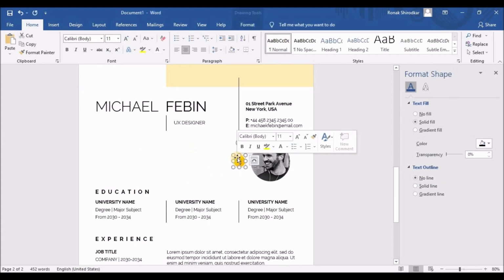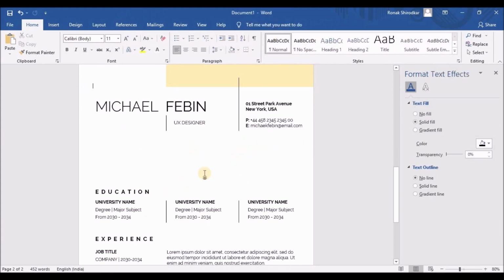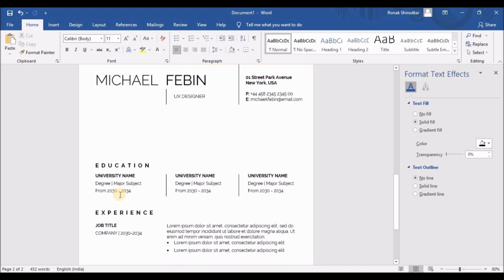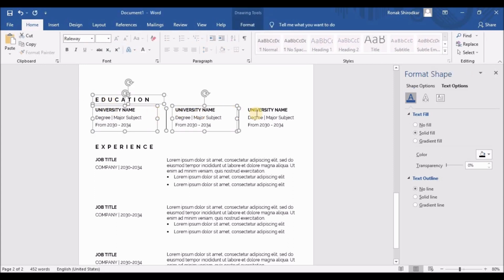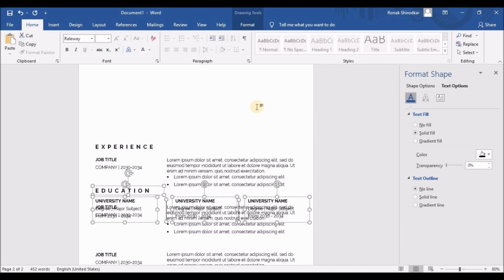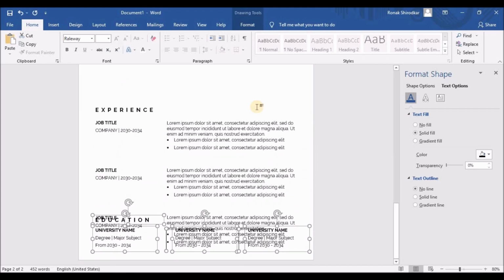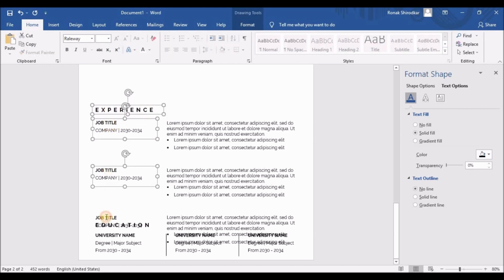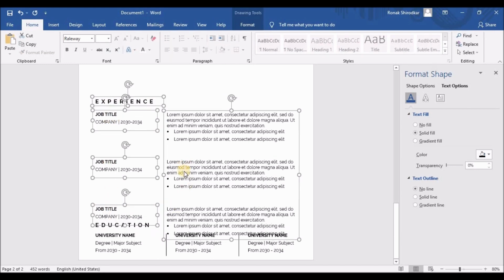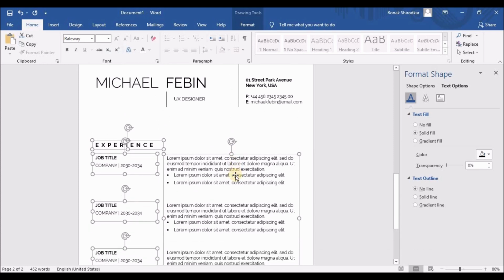So let's make a copy of all the content on the first screen by clicking Control A and then Control C, and finally move on to the page 2 and paste it. So let's get rid of the profile details, the pictures, and the ellipse, and let's move the education details below, which will be later changed into skills. So I'm just moving it below, and I will move the experience details up,